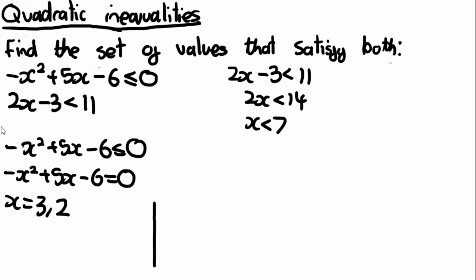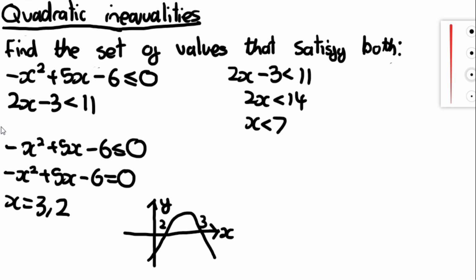Then we sketch a quick graph. Remember, it's going to be a negative parabola because the coefficient of x squared is minus 1. So I'm going to draw my quadratic like this. The quality of the sketch isn't too important. It's more to help you, so the scaling doesn't matter, or the quality, etc. So we compare this to the original